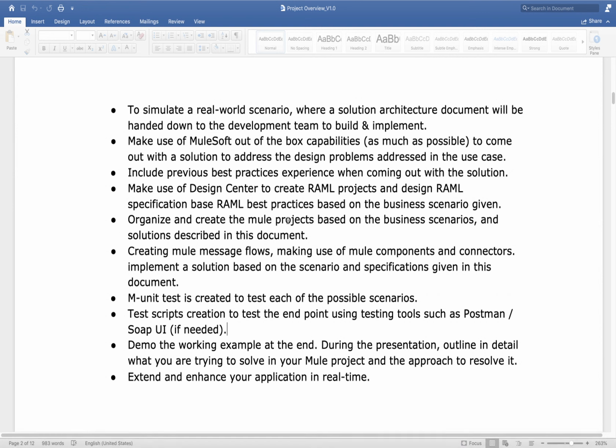In UAT, either the testing team will be there with the end user, or the end user or BA people will do the testing. Developers generally don't do SIT and UAT. There should be a separate team for that, and then finally it will go to pre-prod and then the production environment.